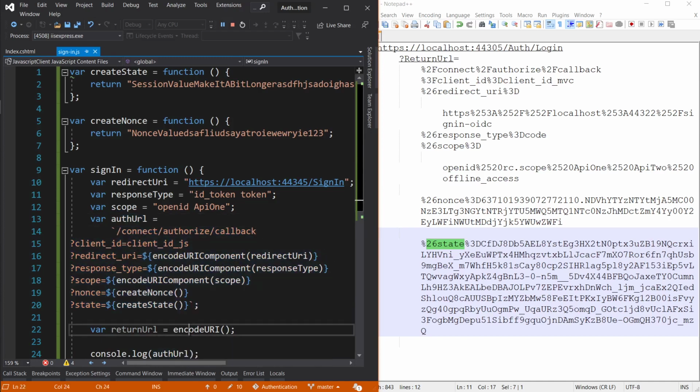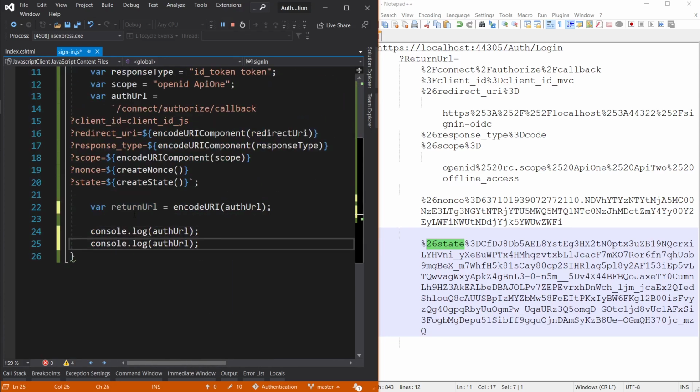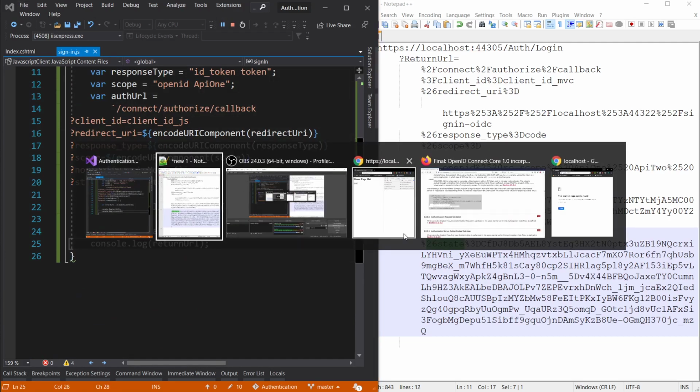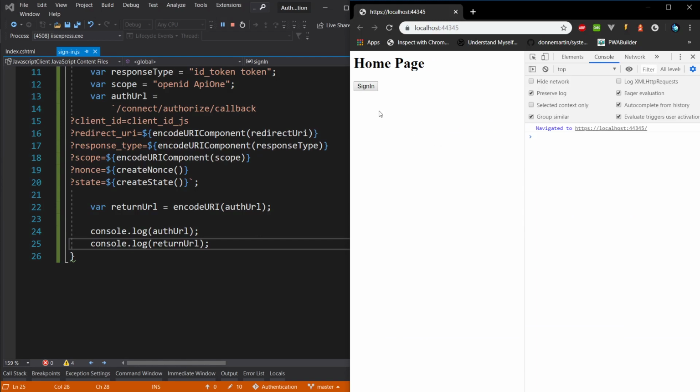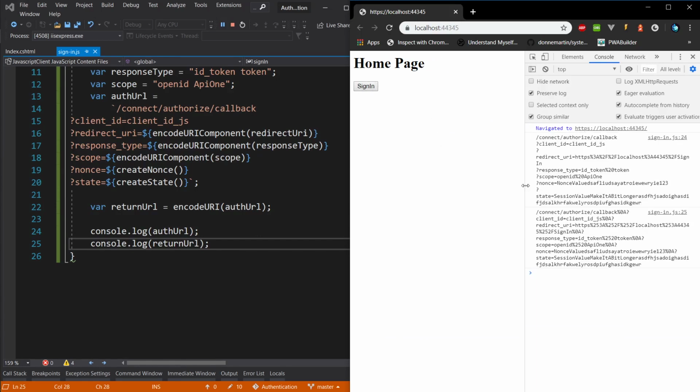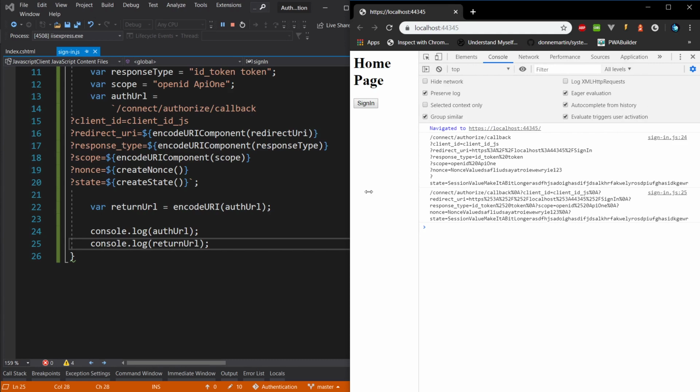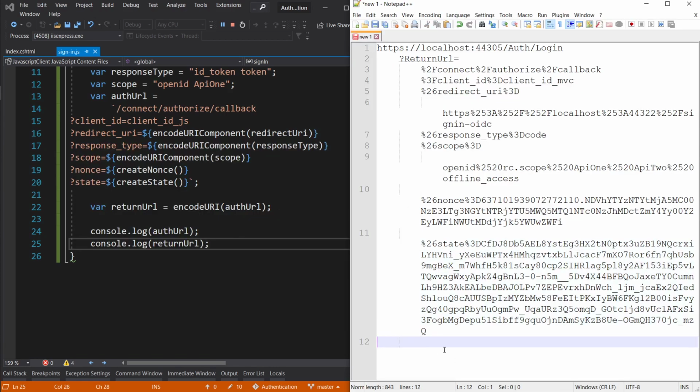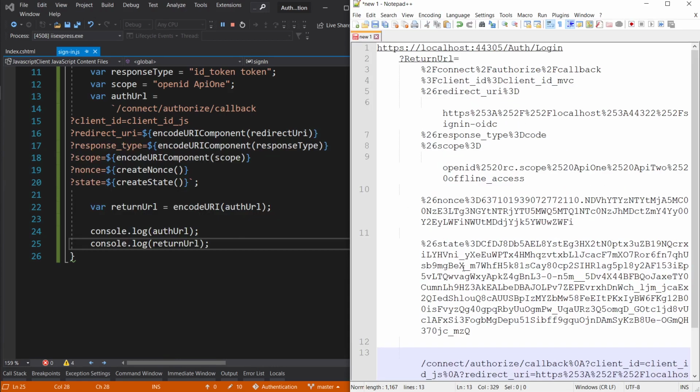Now we want to essentially encode URI our auth URL, and let's log these two to the console. Let's go into our page here. We'll click sign in. Okay, so we have two values. The first one is our URL here, and this one pretty much looks identical. So let's copy this. I think I'm seeing an error, which I did. So I'm going to paste this here. And if we look,